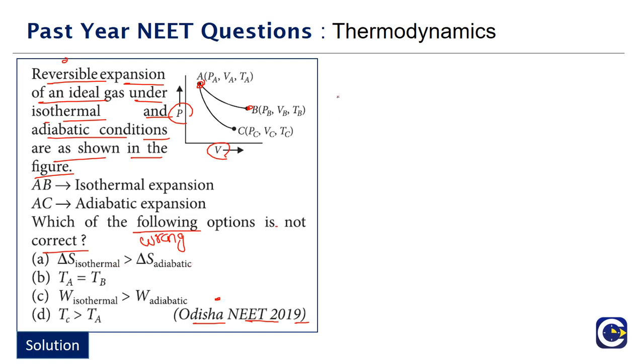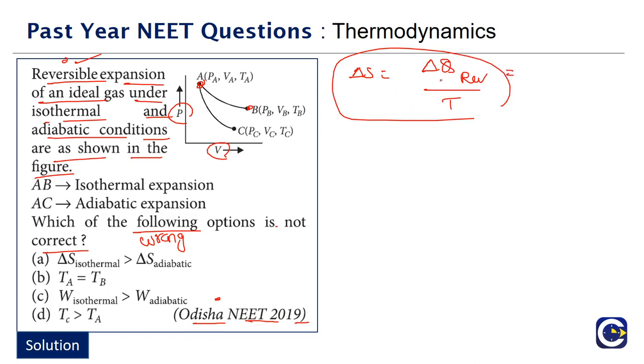So if you look at it, both of them are what? Reversible. Okay. So delta S will be what? It will be del Q in a reversible process by the corresponding temperature. This is how we will find the delta S. Okay. So in case of an adiabatic process, the del Q will be what? If we are looking at the reversible, del Q will be 0. So which means what? Delta S of the adiabatic process for the reversible case is what? It will be 0.